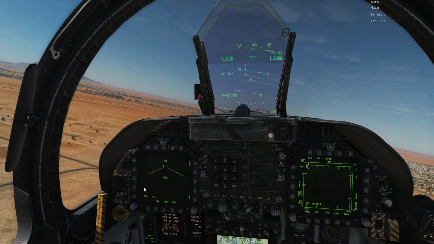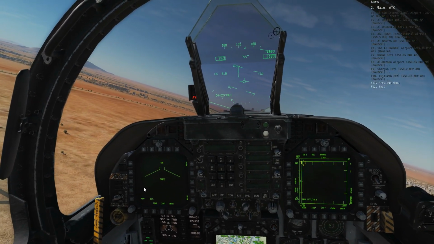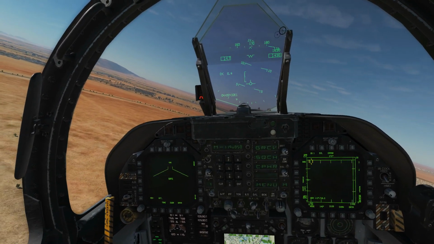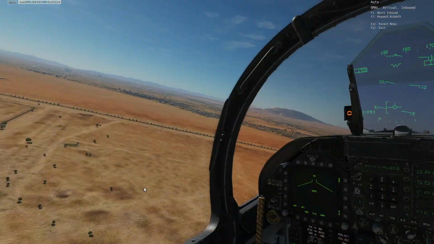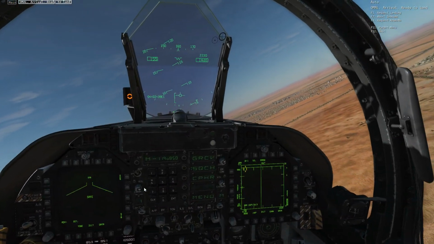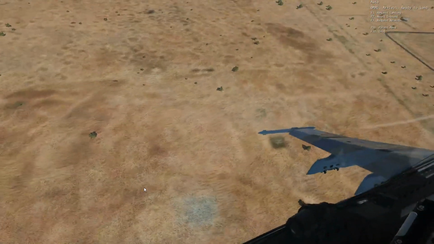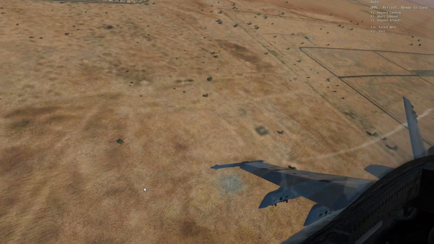Springfield 1-1, inbound. Springfield 1-1. Fly heading 007, port 11, QFE 28.94, runway